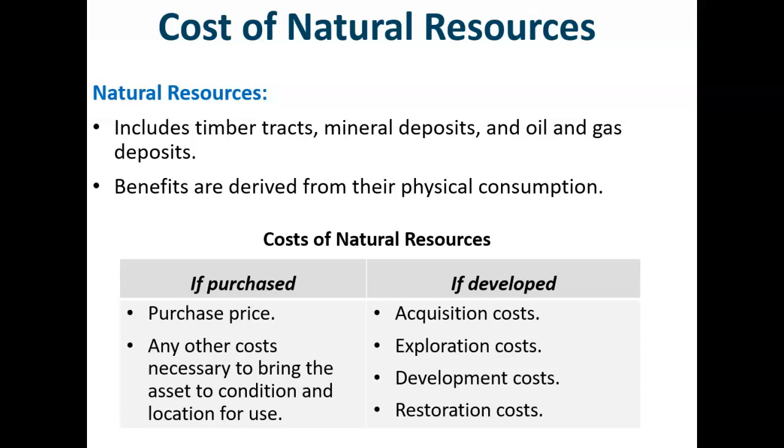Natural resources include timber tracts, mineral deposits, and oil and gas deposits. They can be distinguished from other assets by the fact that their benefits are derived from their physical consumption. For example, mineral deposits are physically diminished as the minerals are extracted from the ground and either sold or used